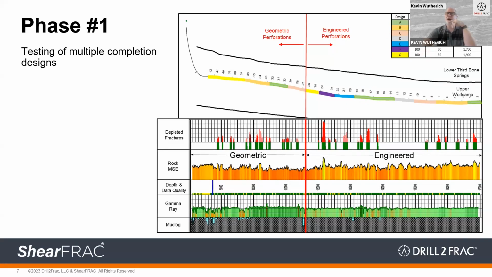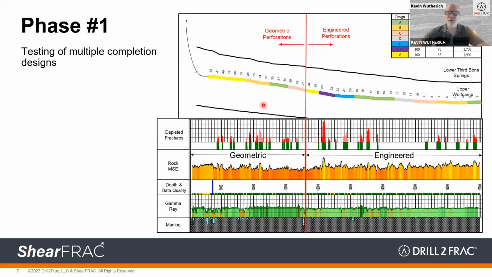They went from 70 barrels per foot of lateral to 85, and also tried different proppant concentrations or loadings, to see what the actual results are going to be. And again, remember, the main idea here was what can they do to minimize fracture interactions on the parent well, as well as improving